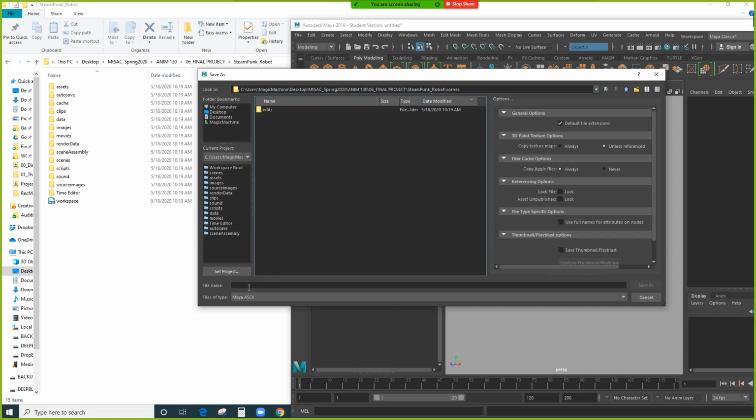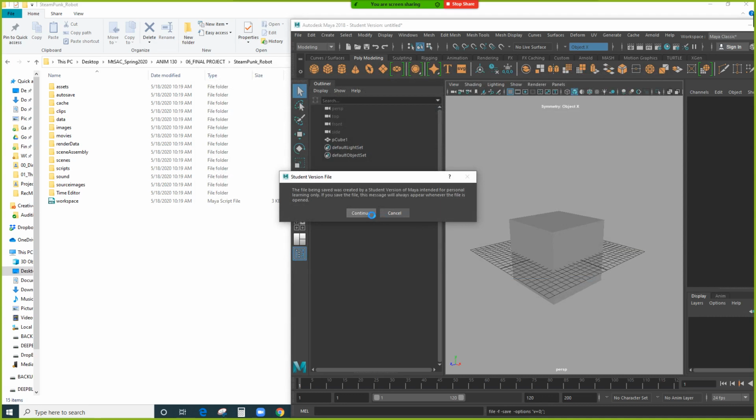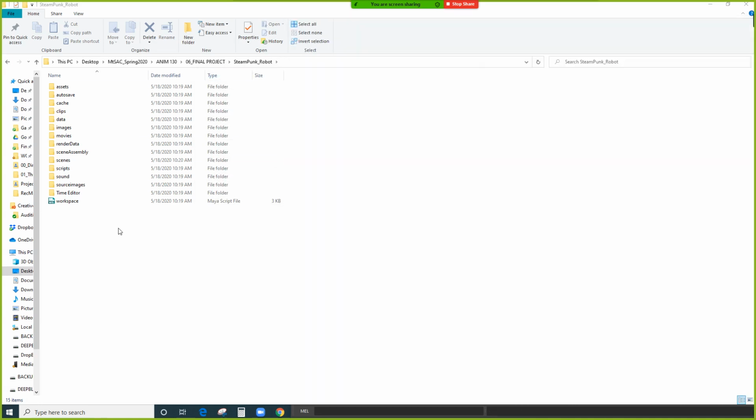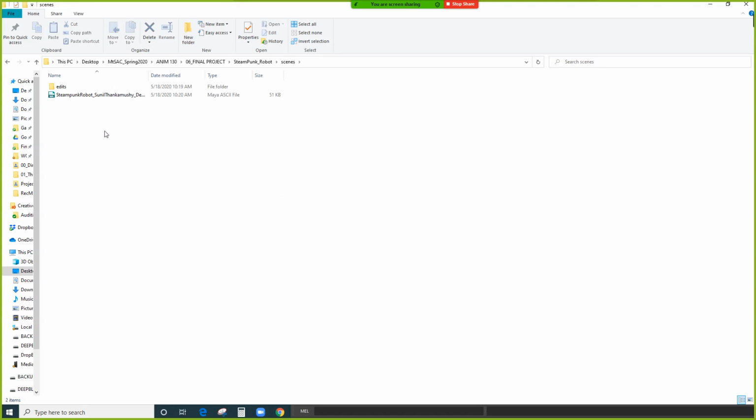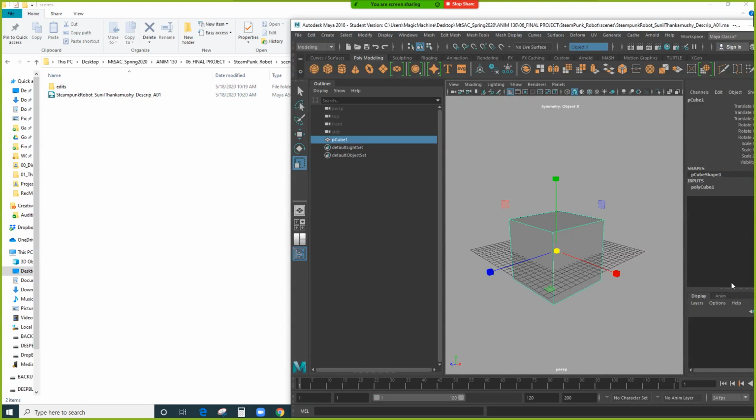So here it is. I go to scenes, and here's where you save your work in the normal way. That is the project name, in this case Steampunk robot, then your name, a version number, and a description. Any description you want, and then the version number, and save it as an ASCII file, and you're done. And so you'll see that this is now inside this. Now, that concludes how to set up the Maya